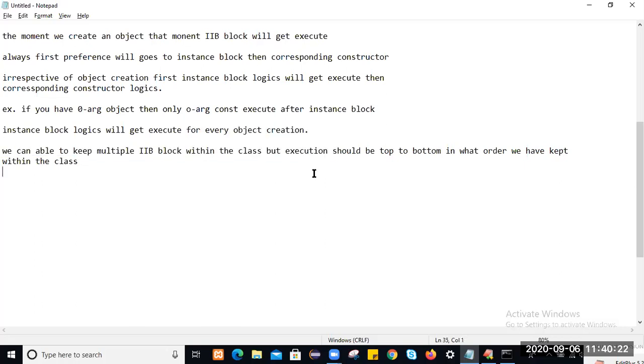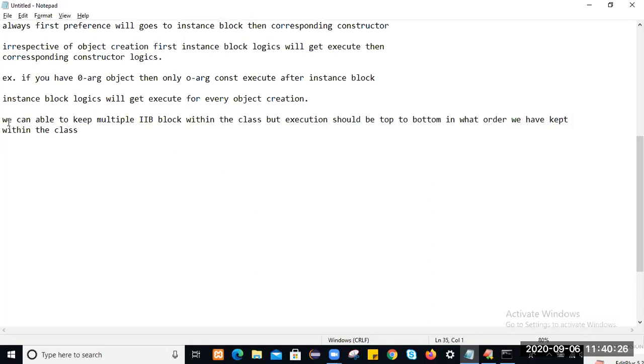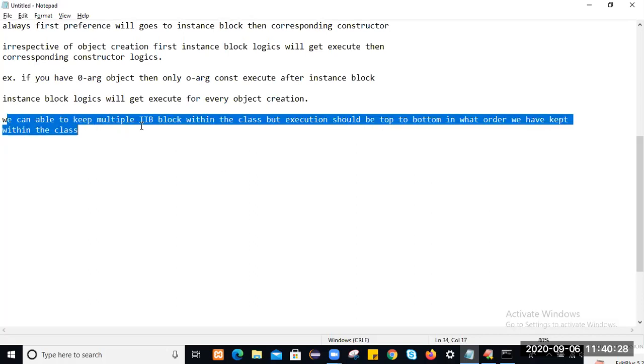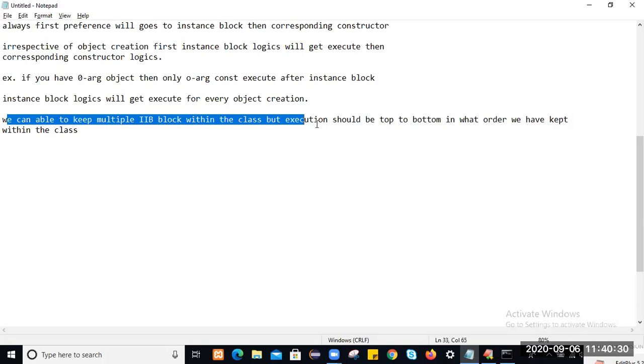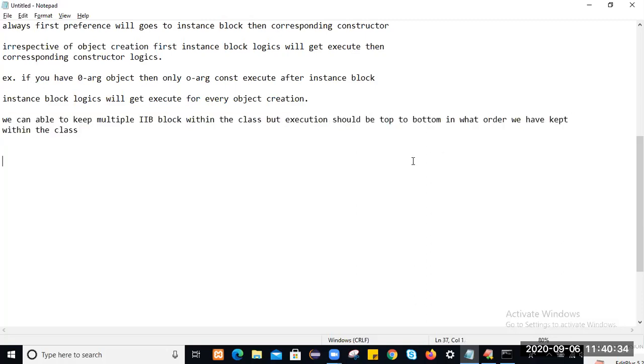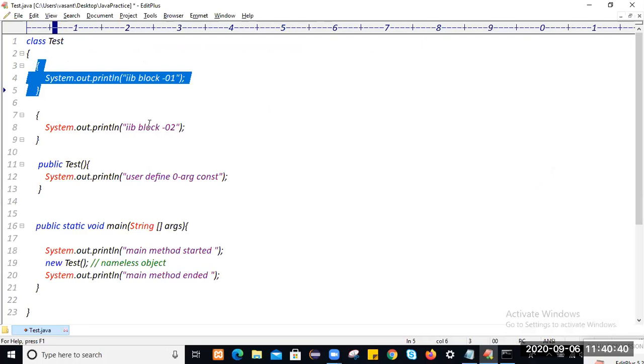Execution should always be top to bottom. So we can keep multiple IIB blocks within the class, but execution should be top to bottom in the order we have kept them within the class. Here is the example. We have kept 2 IIB blocks.